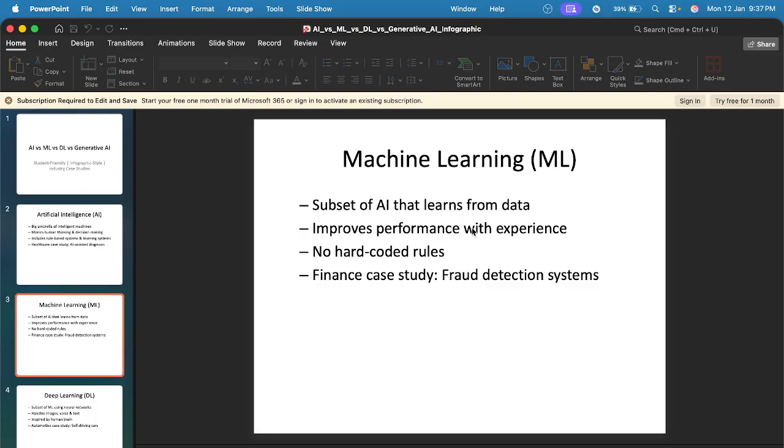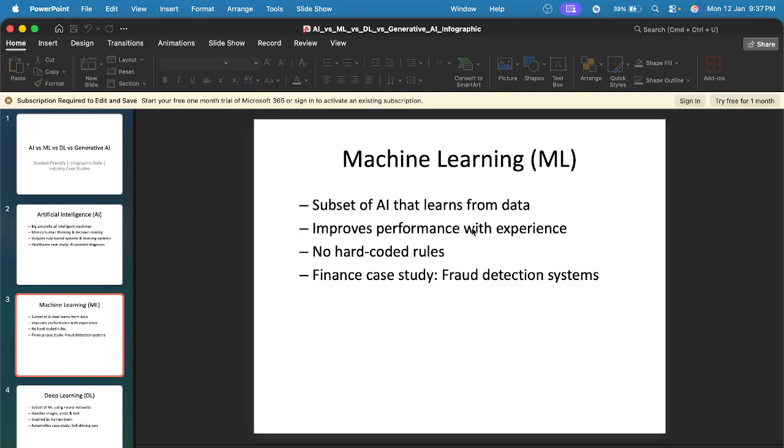Everything like generative AI, data science, data analysis, deep learning, machine learning, everything comes under artificial intelligence. Machine learning is a part of artificial intelligence, deep learning is a part of machine learning, and generative AI is a part of deep learning. Remember these simple things.